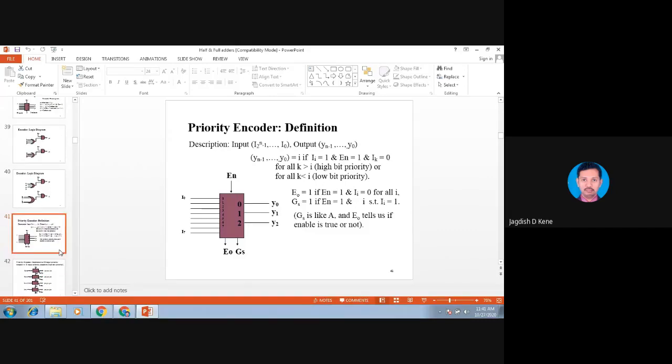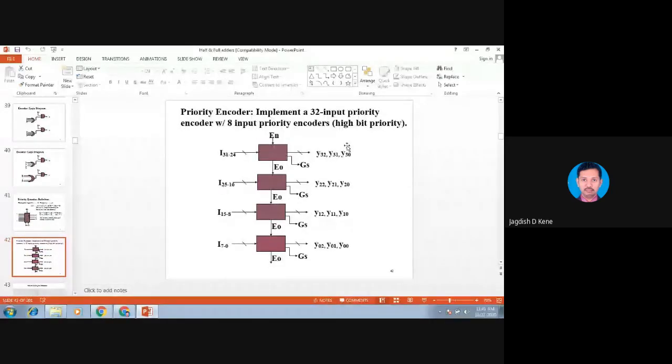This is a priority encoder. What does that mean? It means which data we want to send at the highest priority. See the diagram. This is a 32 to 4 encoder.